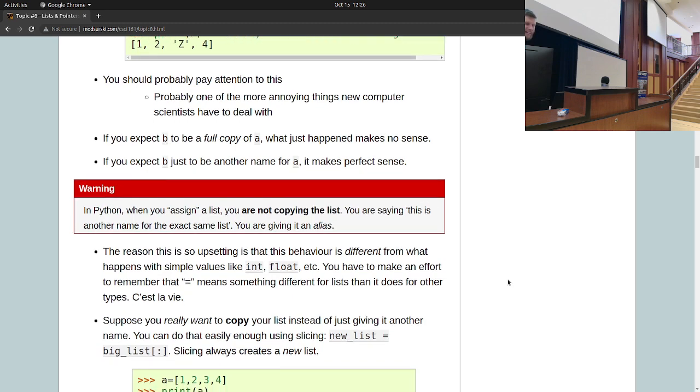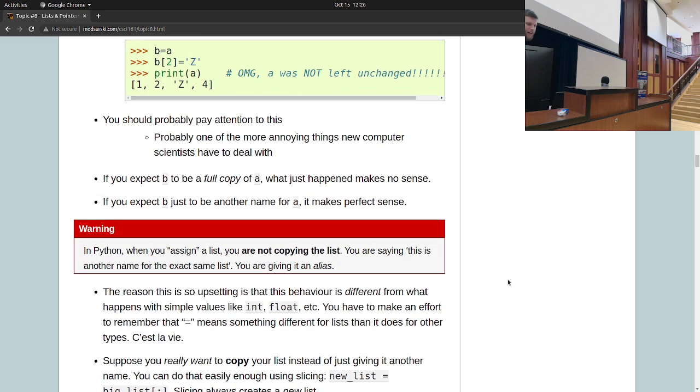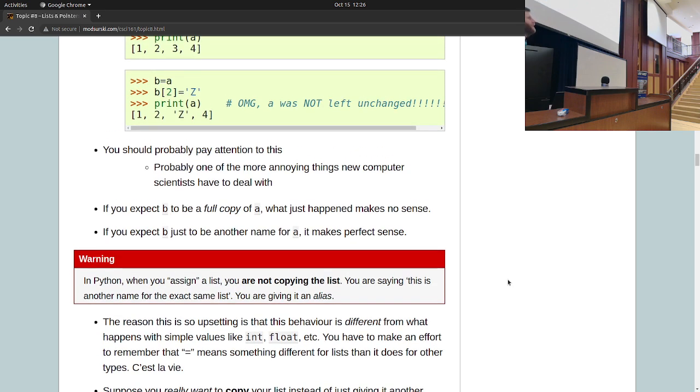But at the end of the day, it's actually not copying the list. What it's saying is this is an alias for, this is another name for that one single list that exists. And this is how it's working for those things where you're wondering, how am I going to store a big string? Now, strings are a little funny. But if I have a list of integers, I know how much space an individual integer takes up. But if I have an arbitrarily long list, I don't know how much RAM I'm going to need. So in those types of scenarios,